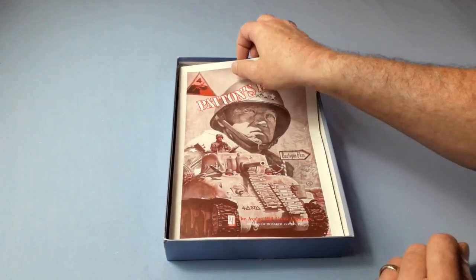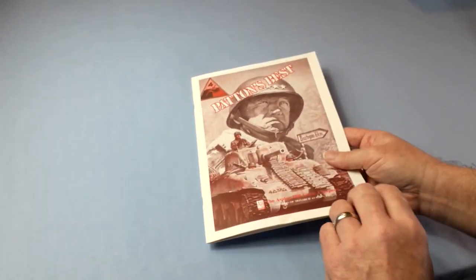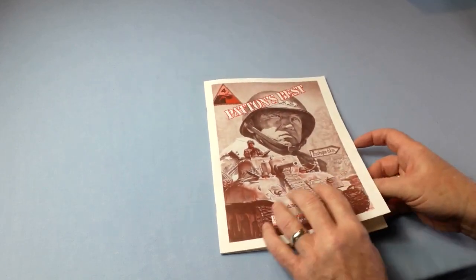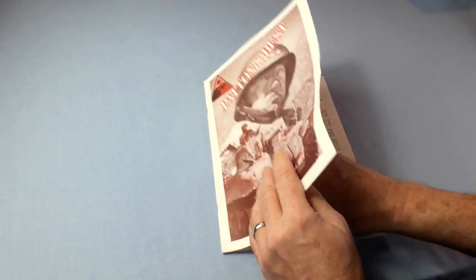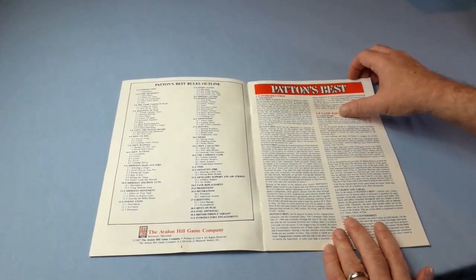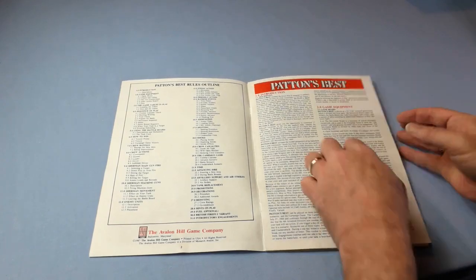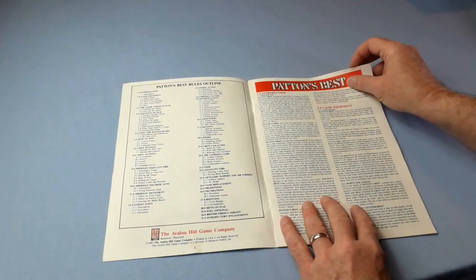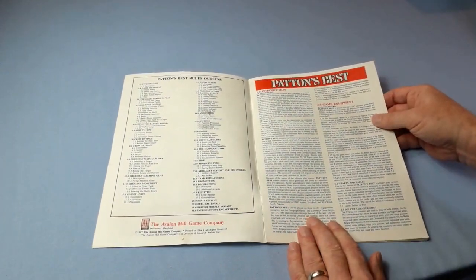Here are the rules. Let's move that out of the way a minute. A little coffee stain there, but that's not too bad. I think I picked it up for an okay price. It is 20 pages. Quite dense text,